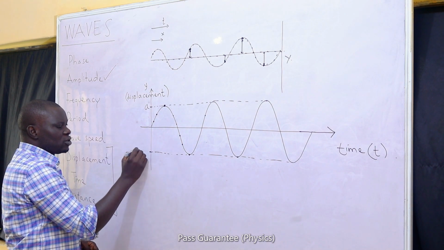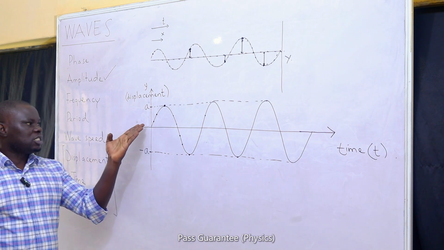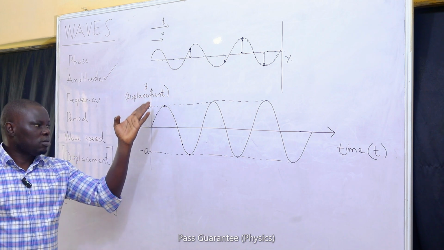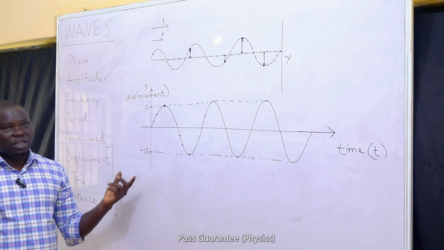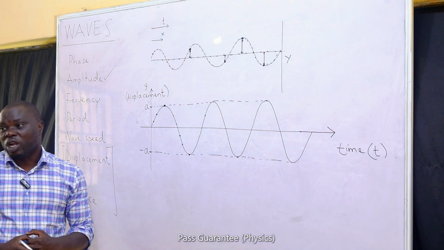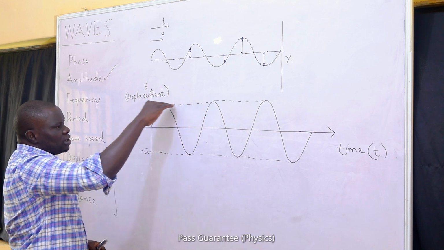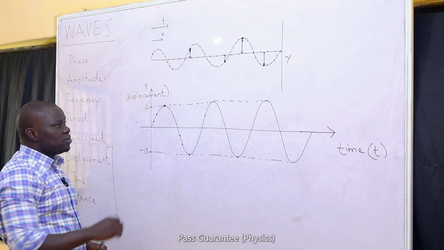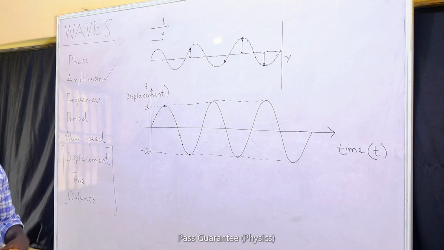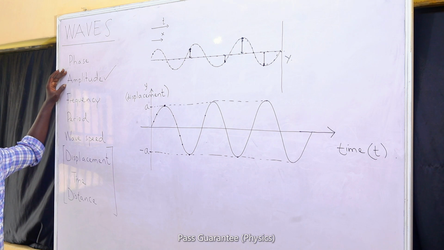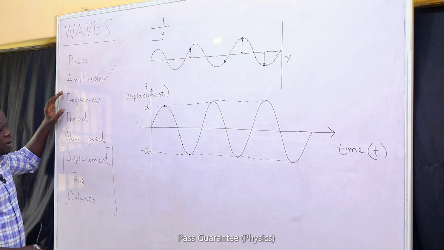In that case, you get to have minus A, because if it is maximally displaced by 2 upward, it will also be maximally displaced by 2 downward. So if I have 2 here, I must have minus 2 here. If I draw a waveform for you and I ask you to read the amplitude, it's the easiest thing to read. Just go to the farthest point, the point that has the highest displacement. Read out the amplitude, and that is what you are going to have for that problem. So amplitude is the maximum displacement of the particles of the medium from the rest position. That is amplitude. Now, what about the frequency?